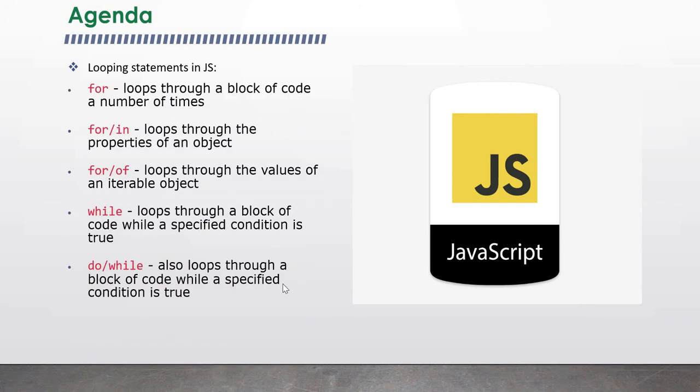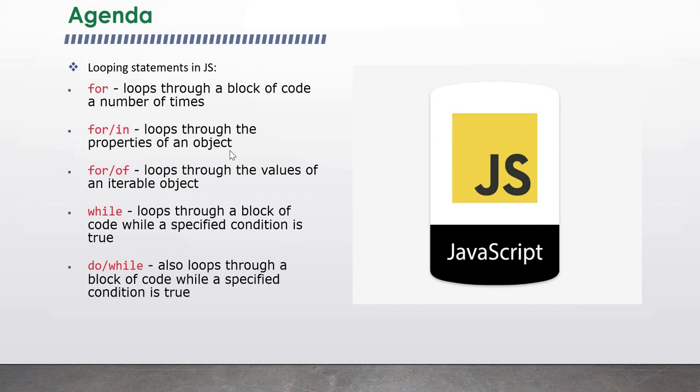There are different types of loops available in JavaScript. For example, the for loop loops through a block of code a number of times. There's a for in loop, which is very specific to JavaScript. The for in loop loops through the properties of an object. We've seen in JavaScript you can assign different properties in a variable, which means there will be a key and a value. So the for in loop can help you to loop through those properties, those keys,